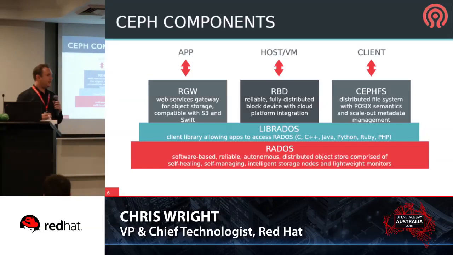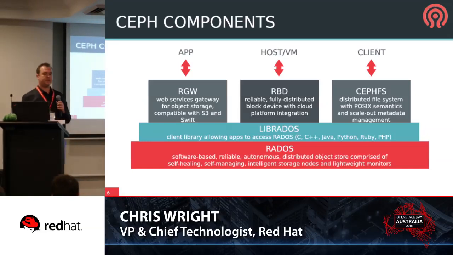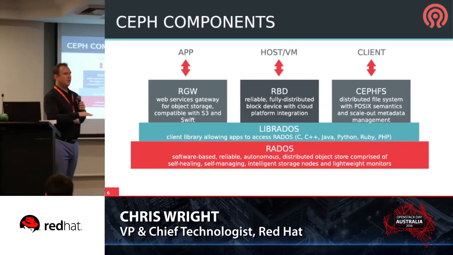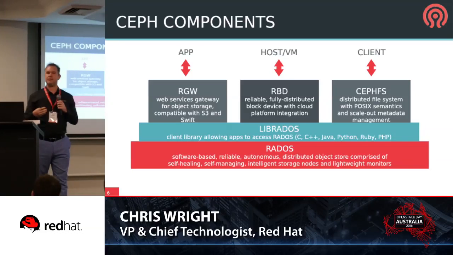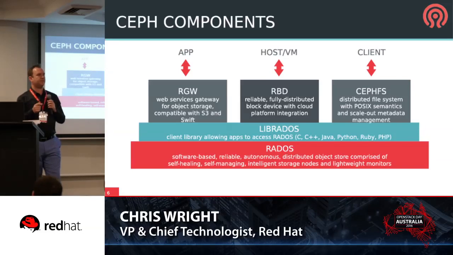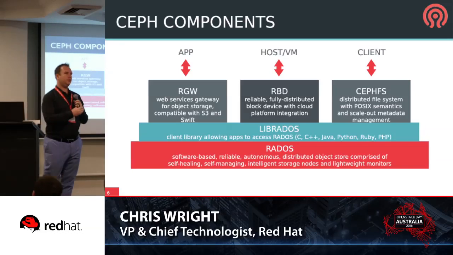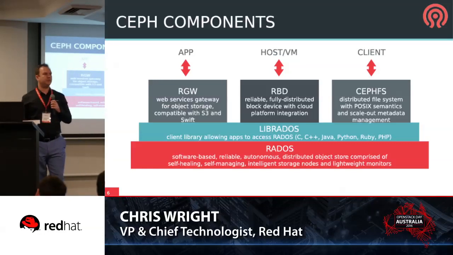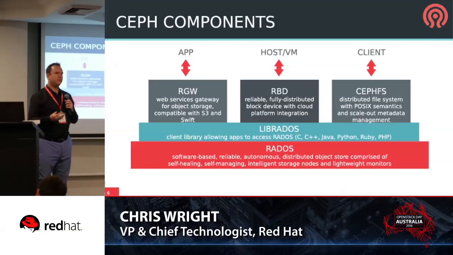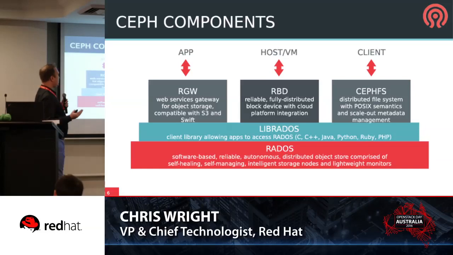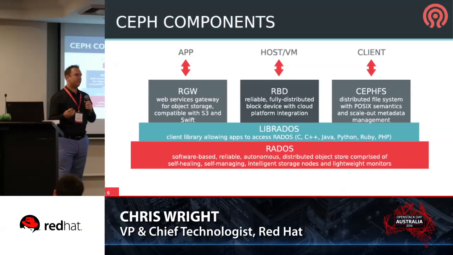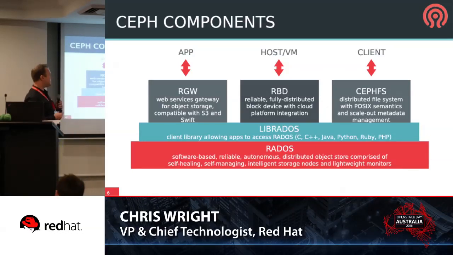So, there's a couple of different components that make up Ceph. Underlying is this RADOS object store. Every piece of data that gets written to a Ceph cluster gets broken up into little objects that sit on disk. And you can stripe them across as much or as little of that cluster as you want. Generally, the more nodes that you use, the better the performance will be because you get more throughput, more cores doing the work. Then there's an access layer called LibRados or LibRaDOS, depending on your vernacular, that is an interface.